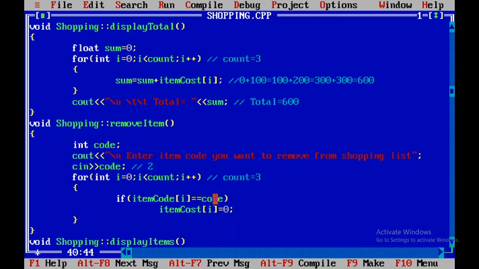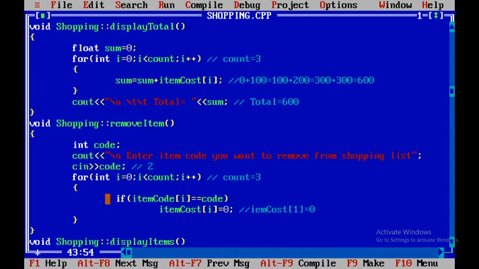This 2 is matching with code 2, so the cost of atom 1 will now become 0. So the second atom is getting removed, its cost is 0.